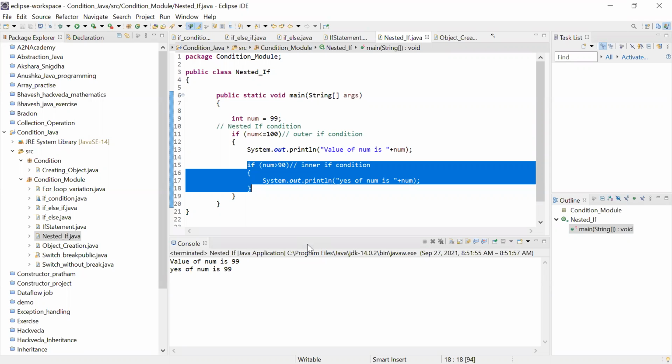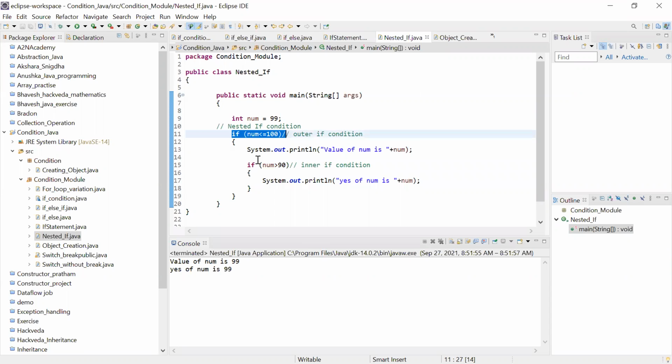You can use this in a situation where you want to check, for example, how a banking program works. Suppose you enter the OTP, if your OTP is equal to this number and your password is correct, then you will get access. So like this, if condition can work. For example, if the entered OTP is correct and your password is correct, then I will give you access to the account. Otherwise, I won't give it. So in that case, you can use such kind of code, nested if condition.